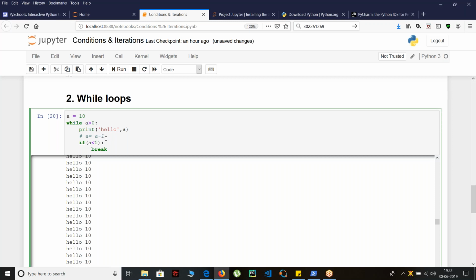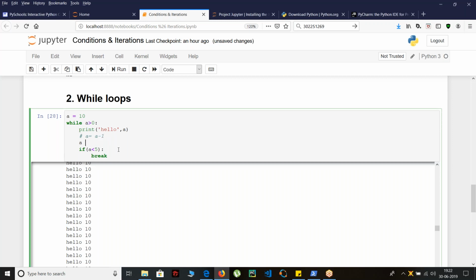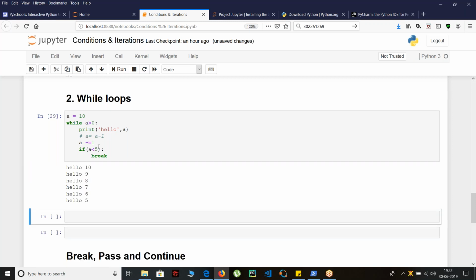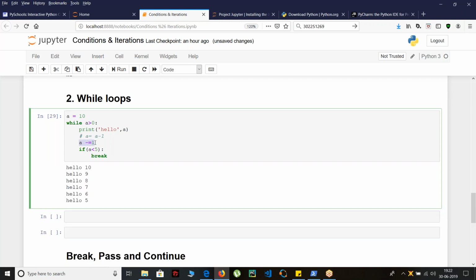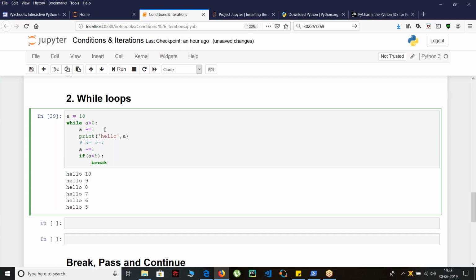As I told you, that will depend upon how the flow of your code is going to be. As I already told you, if I remove the decrement statement, it would go into an infinite loop. And if I keep this value somewhere here, or if I change the value of the decrement,